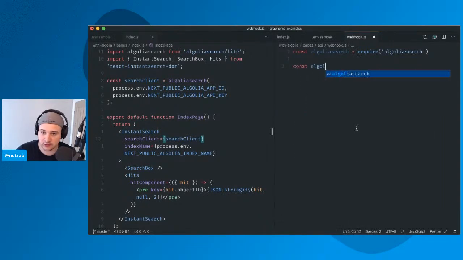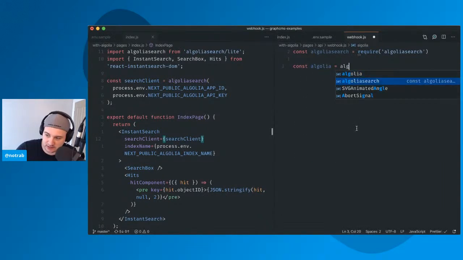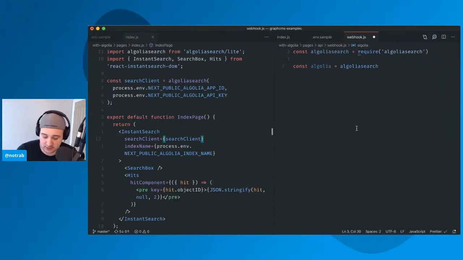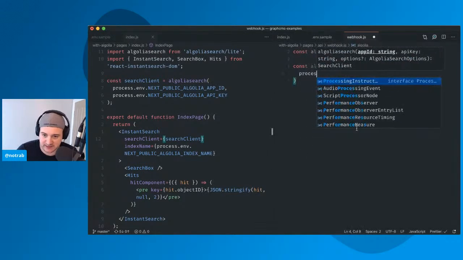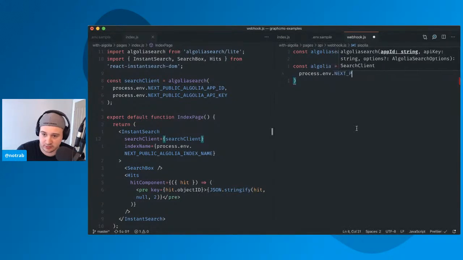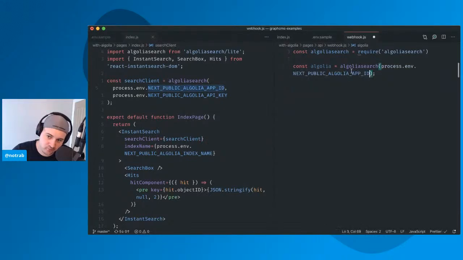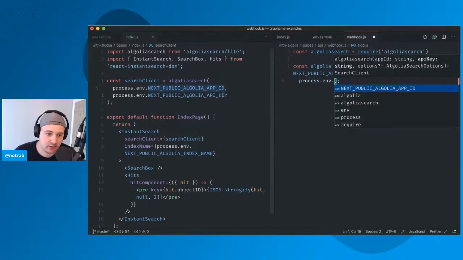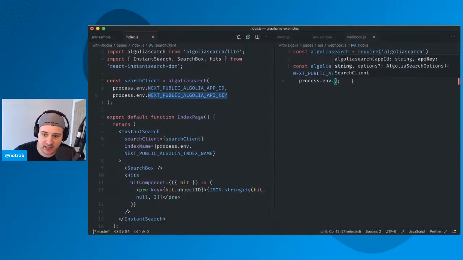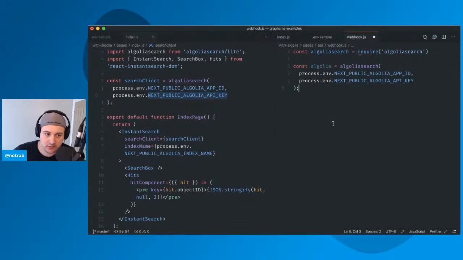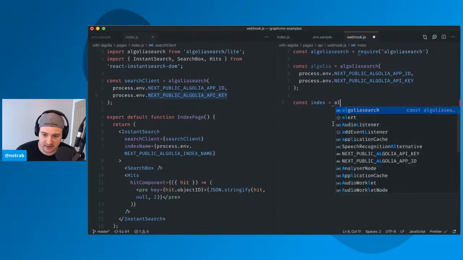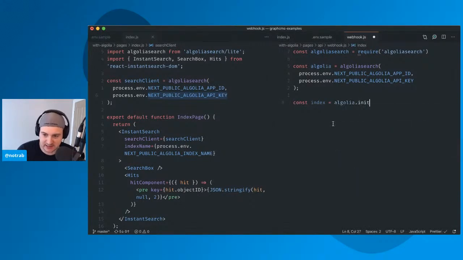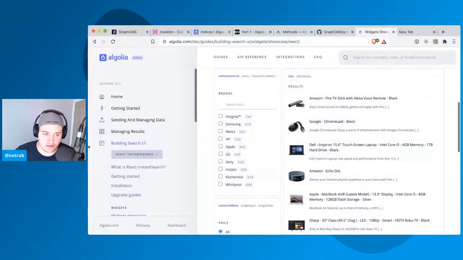We'll do Algolia and we'll instantiate a new Algolia. Process.env, and then we'll do NEXT_PUBLIC app ID, and then we'll do the process.env NEXT_PUBLIC Algolia key. And then we need to do index, and that'll be algolia.initIndex, and this is in the